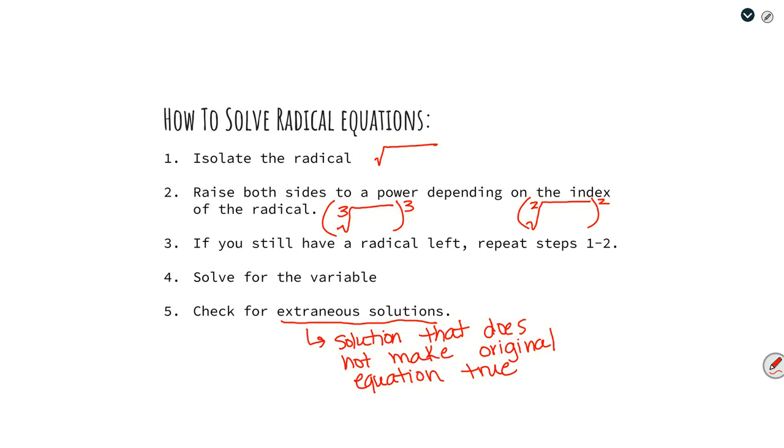Now this could happen a couple of different ways. Well, hang on. You can get an answer that doesn't make the equation true by making a mistake. That's not an extraneous solution. An extraneous solution means you did everything mathematically and algebraically correct. You did not make any mistakes. But the answer that you get doesn't work when you try to check it. That's called extraneous. And those happen whenever you're raising both sides, whenever you square both sides, because when you square